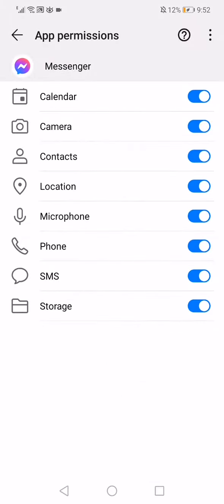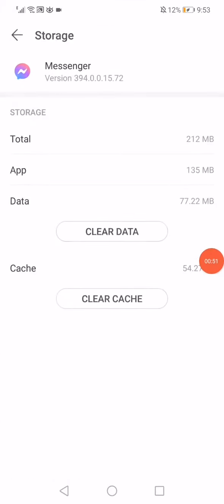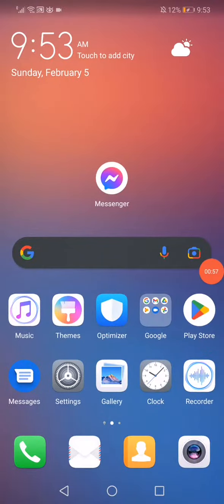Make sure also to enable everything and then go to the storage or the internal storage. Click on clear data and click on delete. And the last thing you want to do